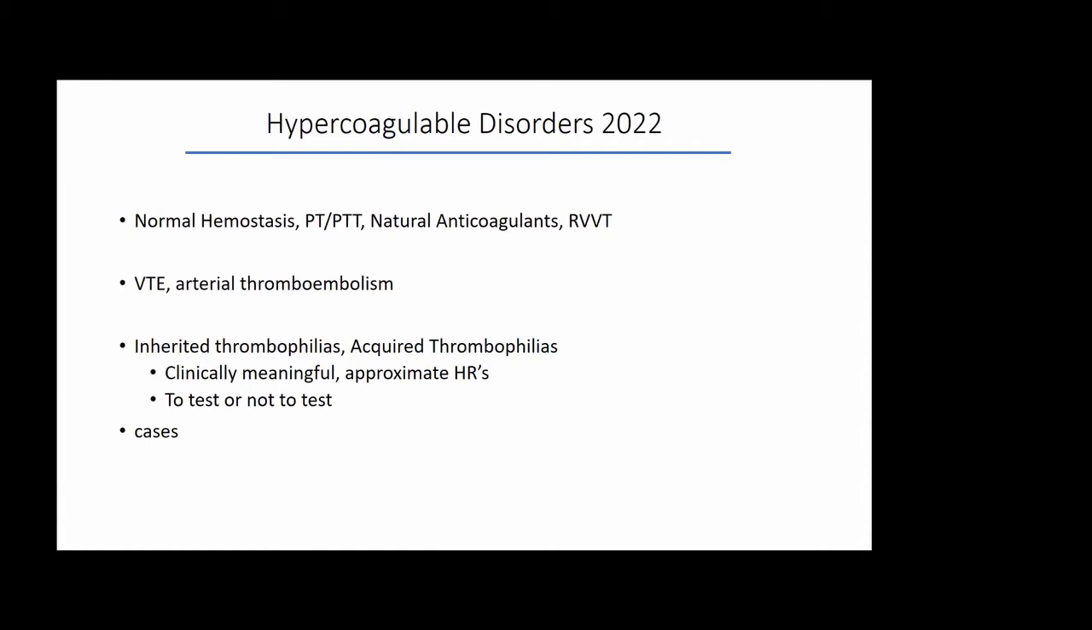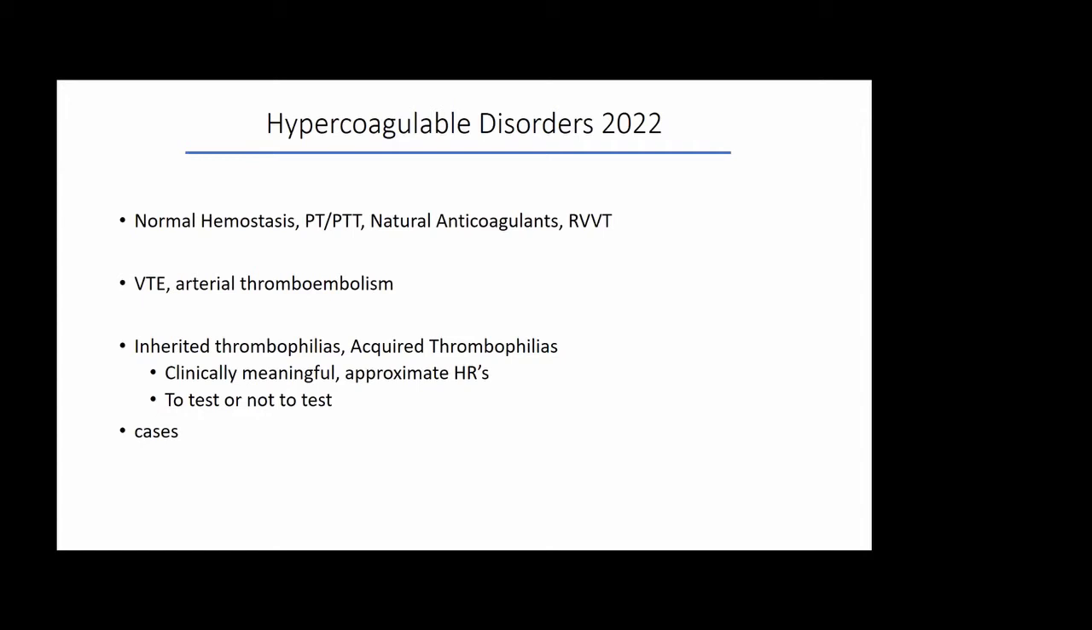hypercoagulability, first with respect to normal hemostasis and clotting times, and then the naturally occurring anticoagulants and a specialized clotting time for these purposes. And then I'll talk about venous and arterial thromboembolism, inherited and acquired thrombophilia, which, as you'll hear, is not the way we refer to the acquired disorders, and what we know about them that's clinically meaningful, and whether to test or not to test. And then, if there's time, because I'm going to try not to run over, there are a couple of cases